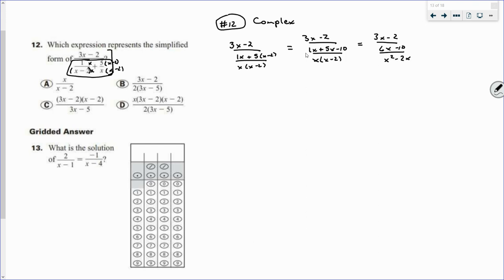So what we really have is 3x minus 2 over 1 divided by 6x minus 10 over x squared minus 2x,